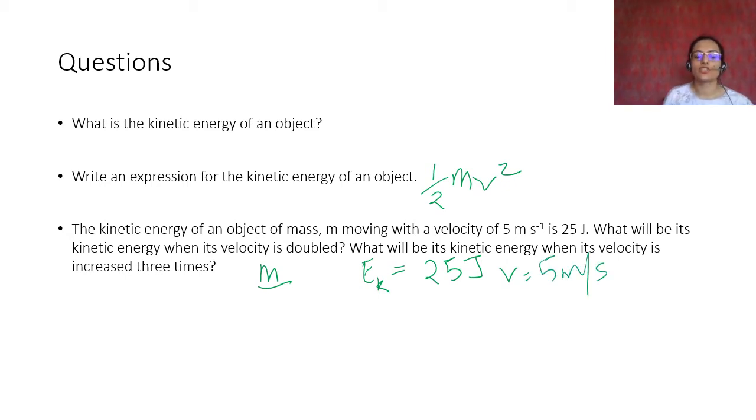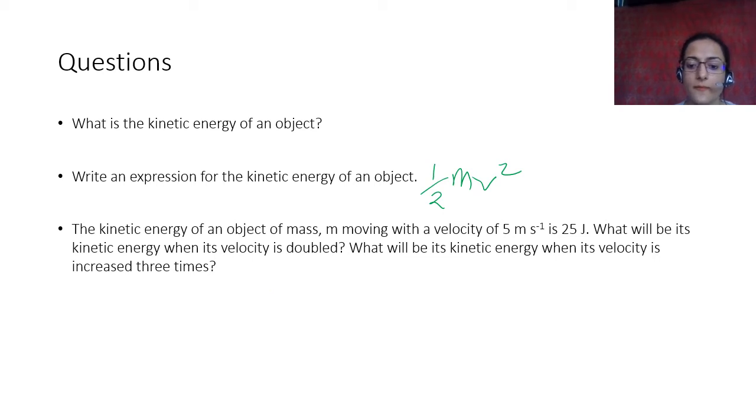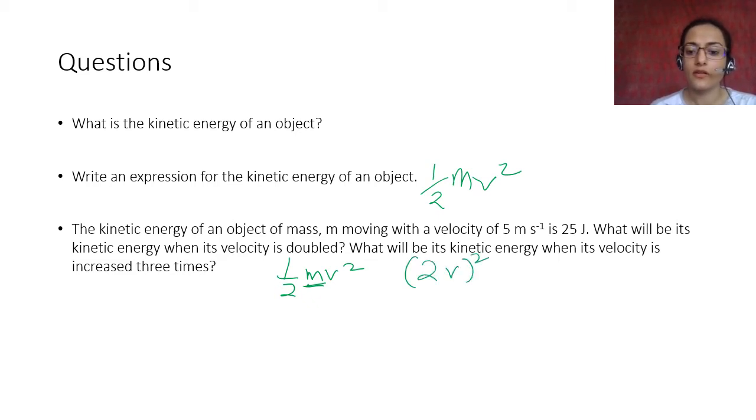What will be its kinetic energy when the velocity is doubled? Okay. Now what you have to see in this case is, instead of writing all this, write the formula half mv square. Okay. Now we know that mass of object remains same when you are just talking about a certain specific object. So mass remains the same. We are just talking about change in velocity. So what will happen if velocity is doubled? When velocity is doubled, you get 4v square. So this will be half m into 4v square.